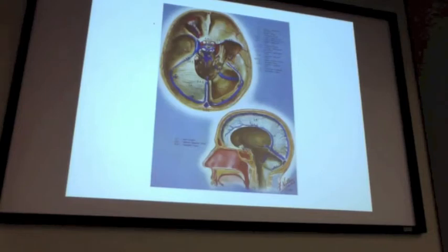We have about 2% of our body weight in the brain, but 20% of the cardiac output goes to nourish the brain. We only have a 3-minute reserve. And so the way that these blood vessels are all connected together is really important. And I want to bring your attention here real quick to this area right here,